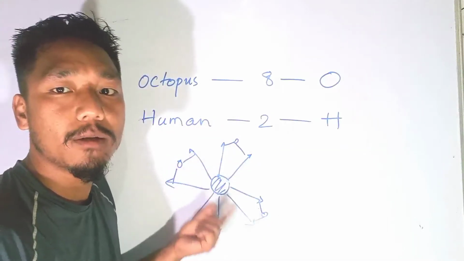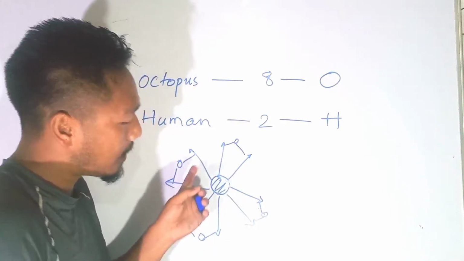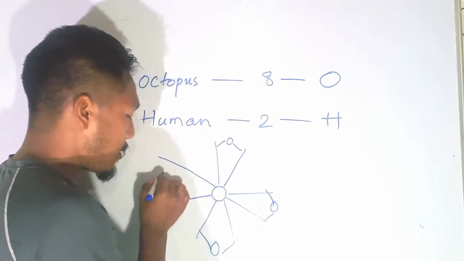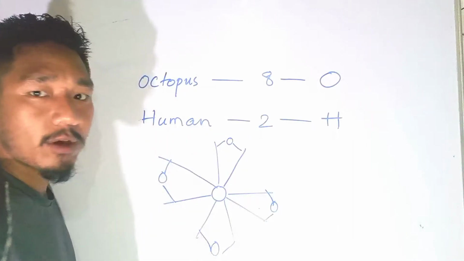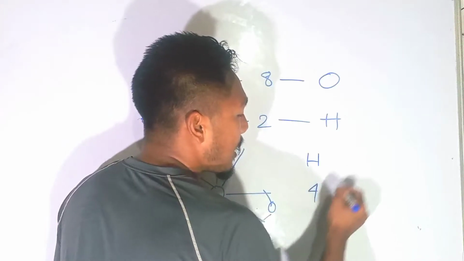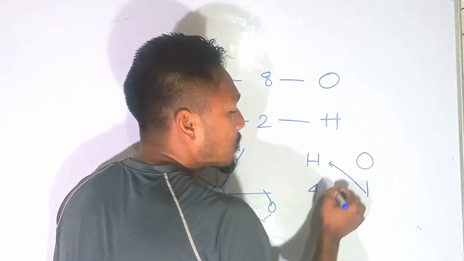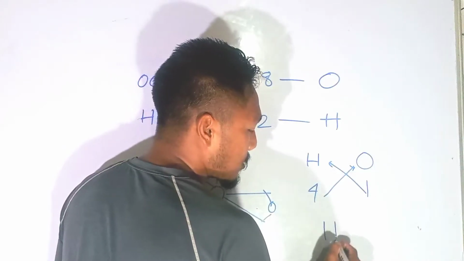How many humans have been used in this? One human can hold 2 hands, another human can hold 2 hands. That means 4 humans have been used, and only 1 octopus. Then we will cross this side. So your answer will become